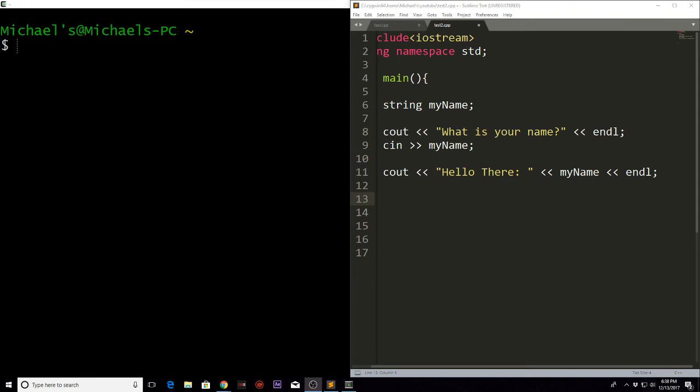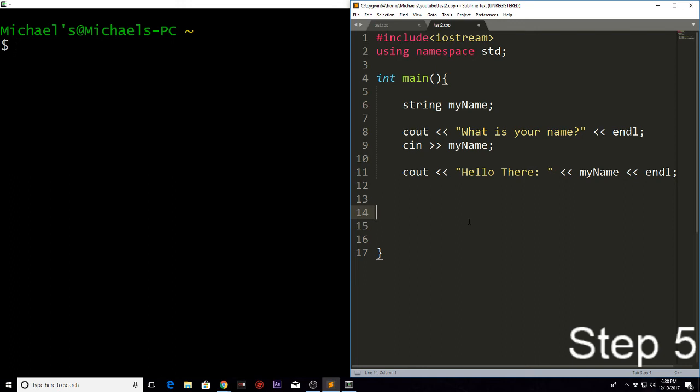Now finally, step 5 is going to be the last thing that we will need, and it is return 0. And what return 0 is, it tells the function that, hey, I've run without any errors. If it returns anything other than a 0, it's going to return with errors. So here's our program. Now what we want to do is control save,